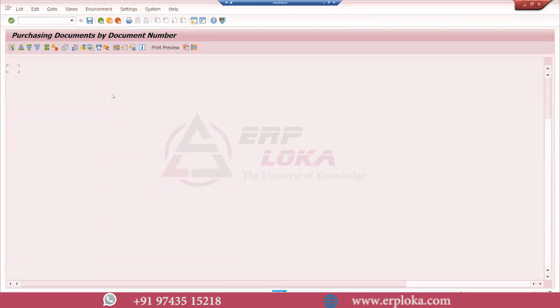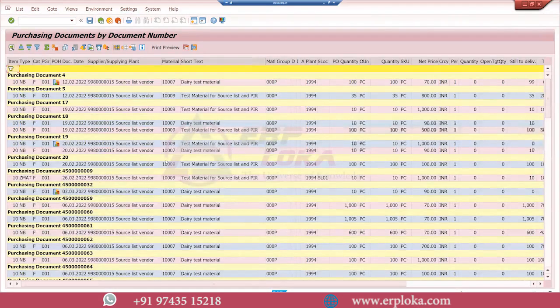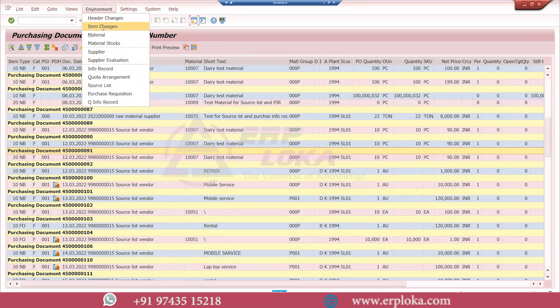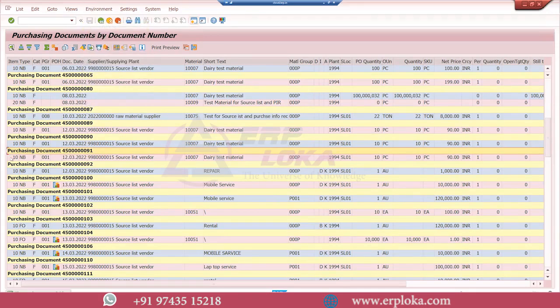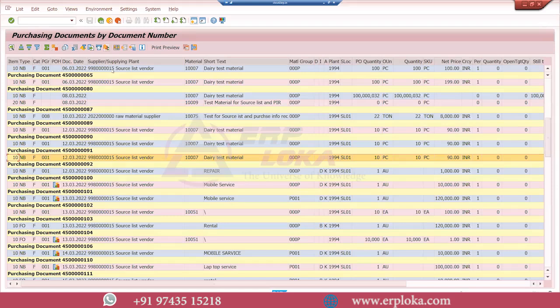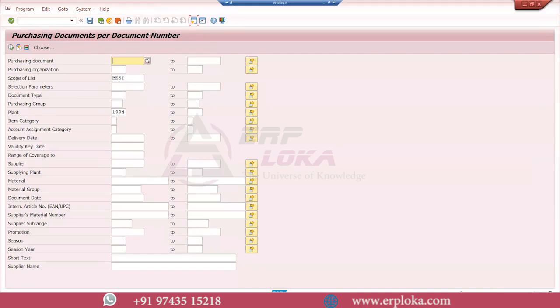I'll get all the POs which are created in the system. If I click on this PO, go to environment and click on the item changes, I will not get any information. See here, I don't get any information. So to pick the bulk changes in the PO, I go back in the same report using the same plant. I put the scope of list as